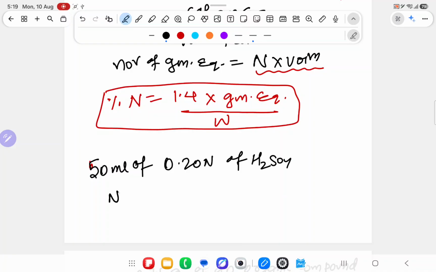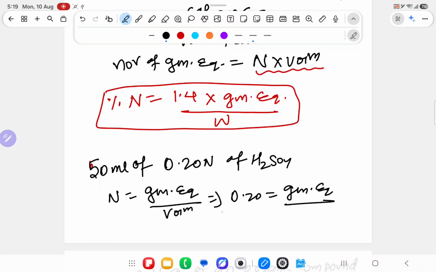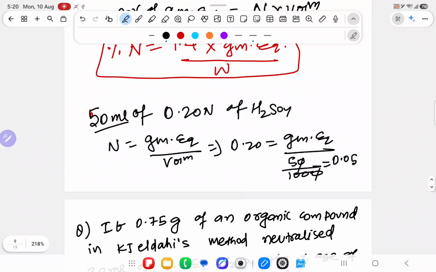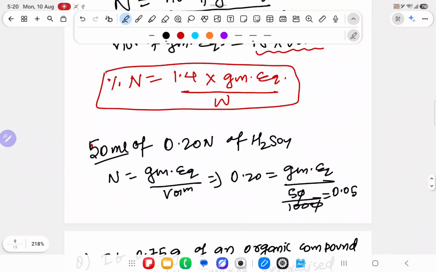If I use normality equals number of gram equivalent by volume, what will I get? Normality is given 0.20, and volume is given in milliliter, so convert that into liter. 50 by 1000, it is cancelled, it is coming 0.05. So from here, what will I get? Gram equivalent